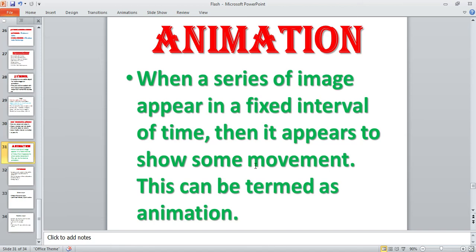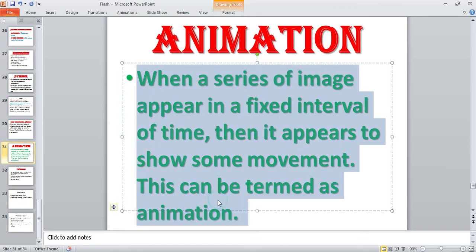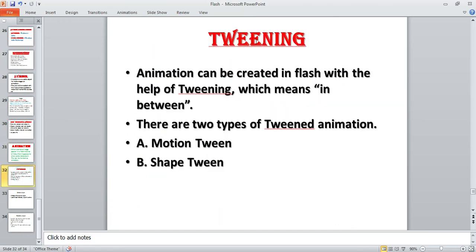That means when few pictures appear on the screen and they show some movement, this can be termed as animation. This one we can learn. Also tweening is given. So tweening we will learn in the next classes.